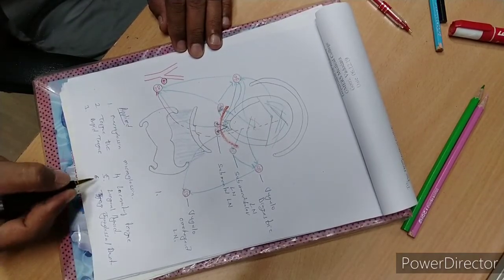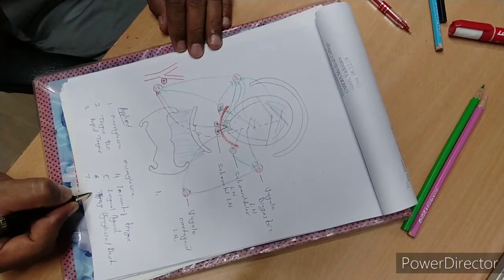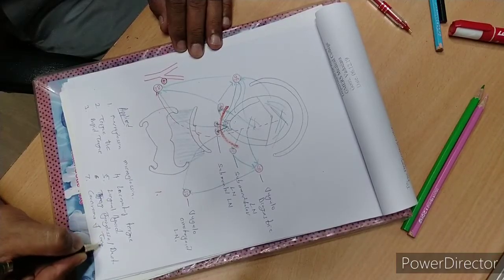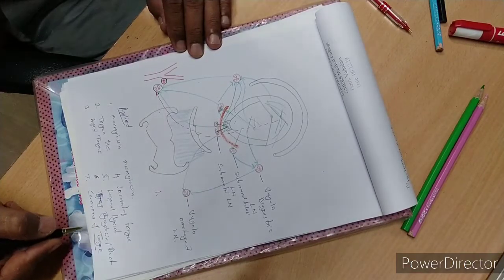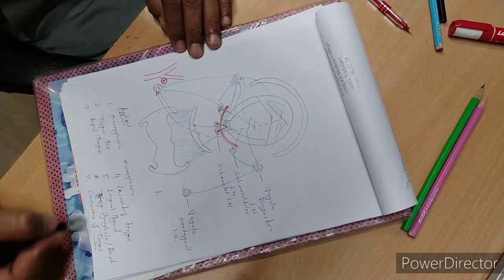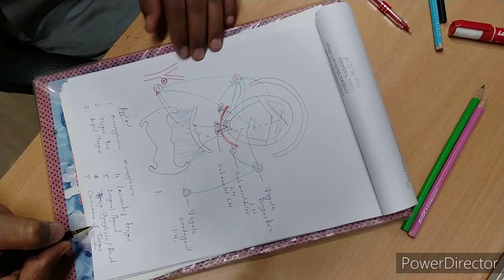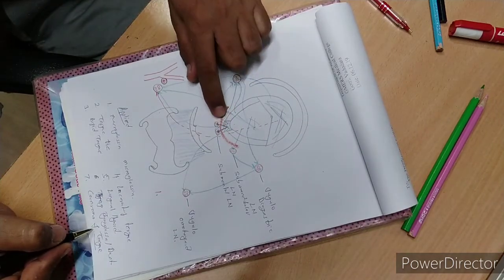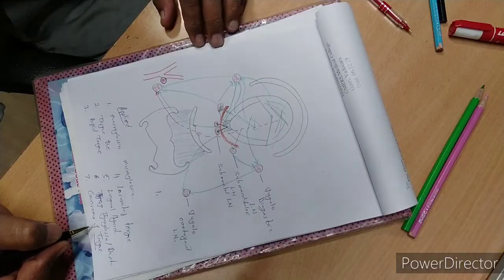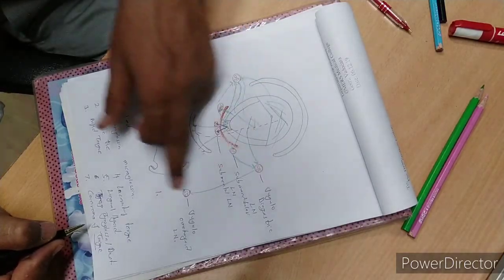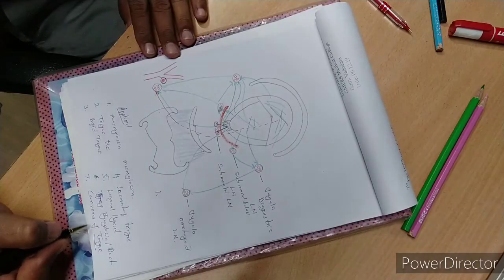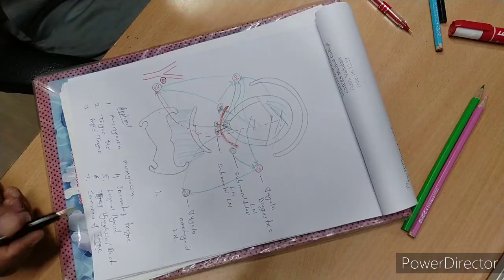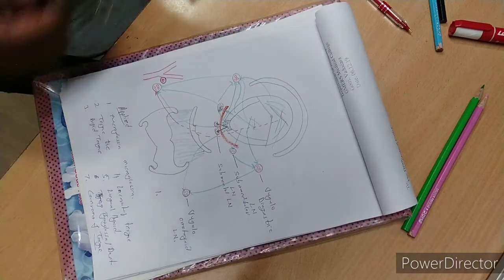This is another anomaly, and I think the last one is carcinoma of the tongue. Carcinoma of the tongue is most common in the Indian population due to tobacco chewing. The tip of the tongue is most commonly involved, and other sites are also involved, but once the tip of the tongue is involved, it is highly metastasizing, and this type of carcinoma spreads to all the lymph nodes of the tongue. So these are certain clinical aspects of the tongue. I think this is all about the tongue. Thank you.